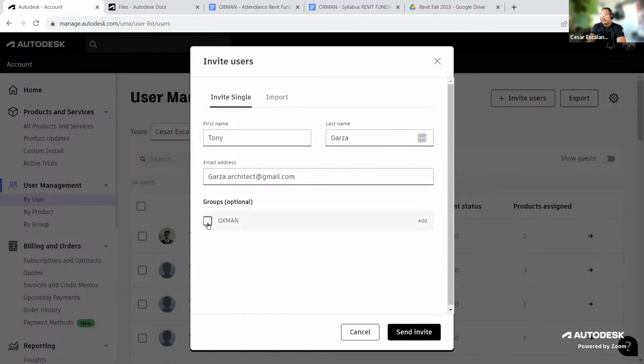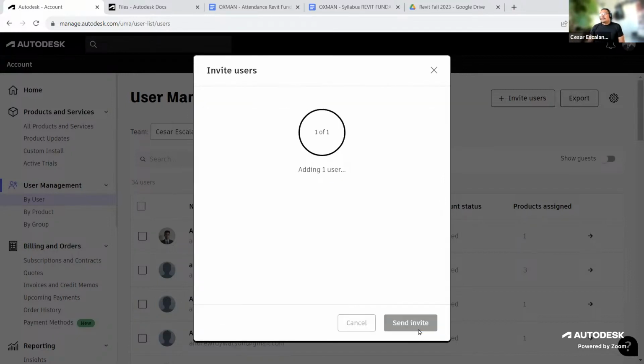In BIM Collaborate, you have the ability to create groups. This is to very quickly organize users by a larger organization. Usually these are companies. The advantage is that you can very quickly remove all users from a company in a single step instead of doing it one by one. So I'm going to send an invite, and this only enables Tony with a cloud service to edit